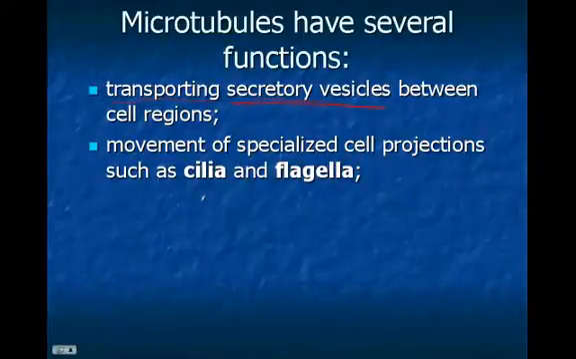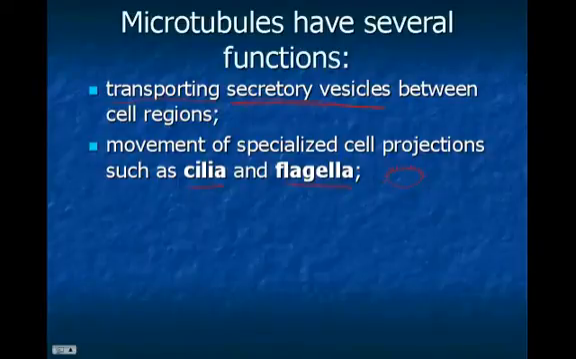And then microtubules are also going to make up your cilia and your flagella. Cilia and flagella, again, are going to be these little projections on the outsides of the cell that will either move the cell itself or move things against the cell. So just to give you an example, the cells that line your trachea have what are called cilia, these tiny hair-like structures, and these cilia,